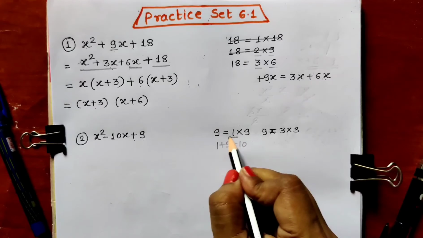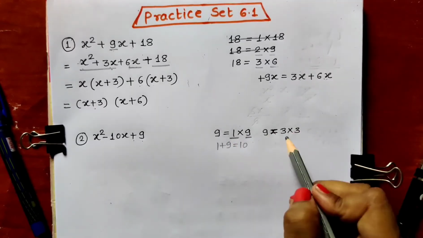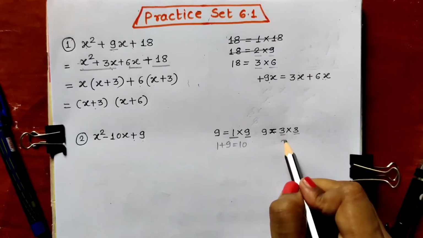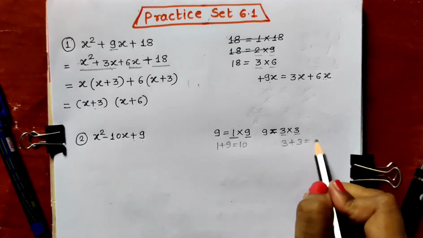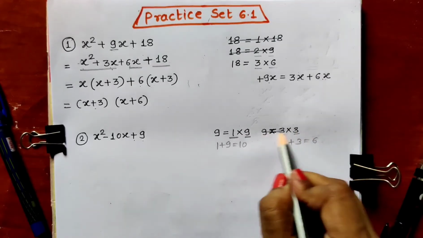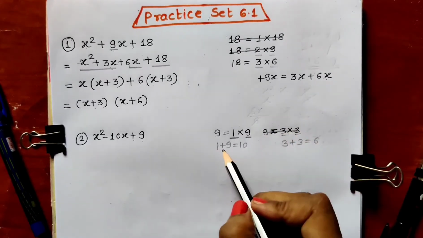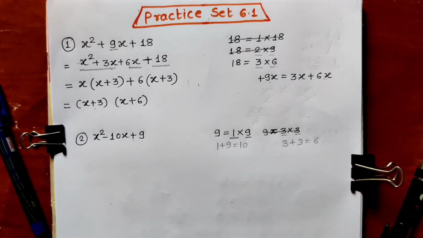So we have to take these two factors, 1 and 9. Because 3 and 3 we cannot take, because 3 plus 3 is equal to 6. So we cannot take these two factors. We have to take only 1 into 9. Now